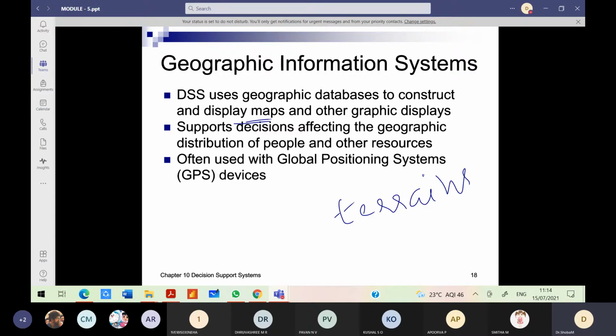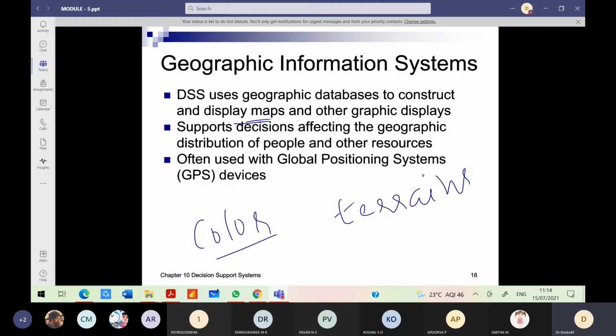If you have observed the maps in your atlas, have you heard of an atlas? We used to use it extensively in school, and you people also. You can see how nicely they use color codes or color conventions to identify the land area, water area, and greenery or forest area.